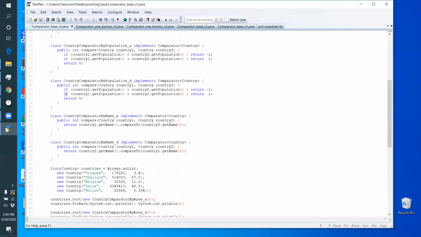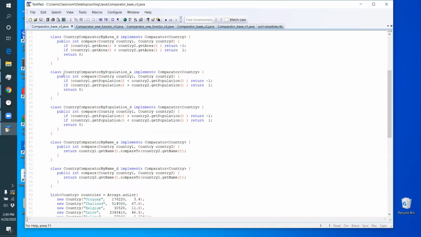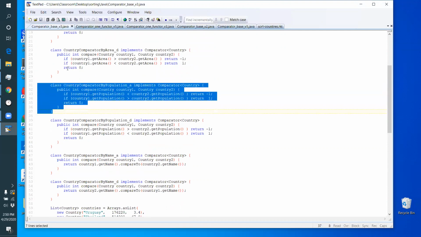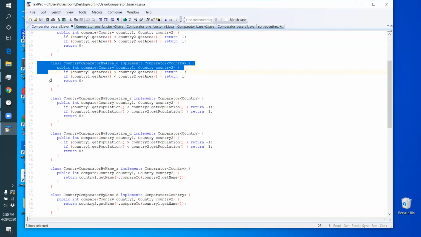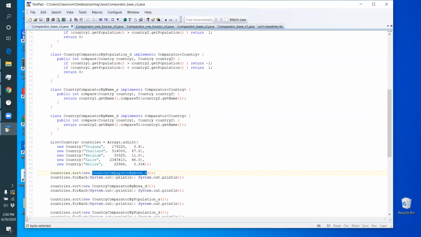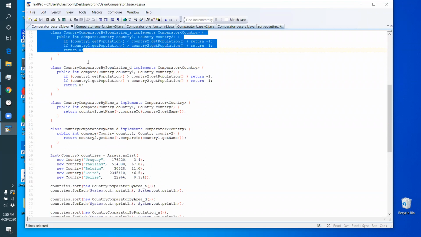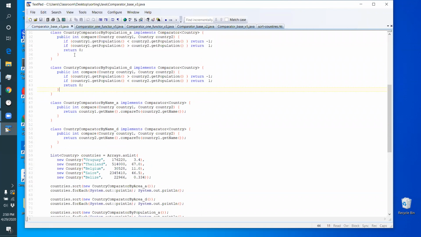Here we have the inner classes, and each one is being used in several places. So I don't want to move them directly to where they're being used, because if I move this class to where it's actually used,